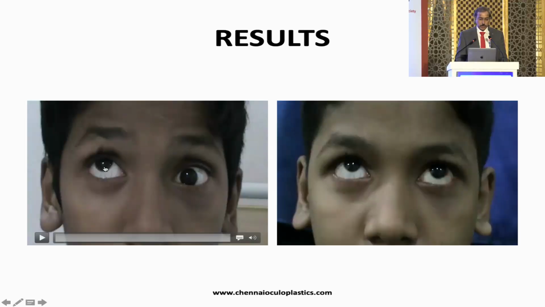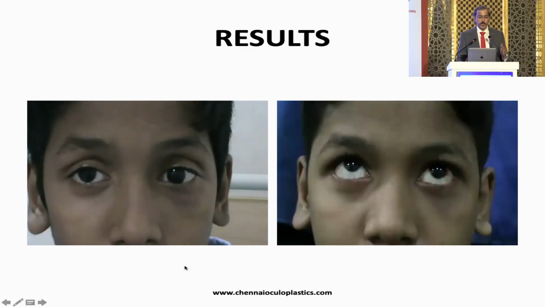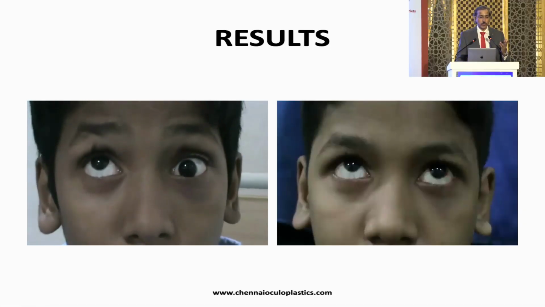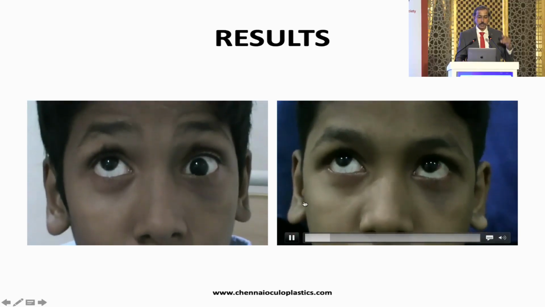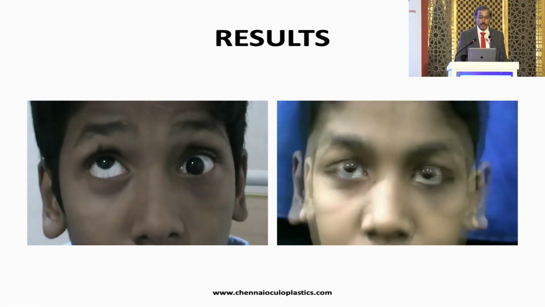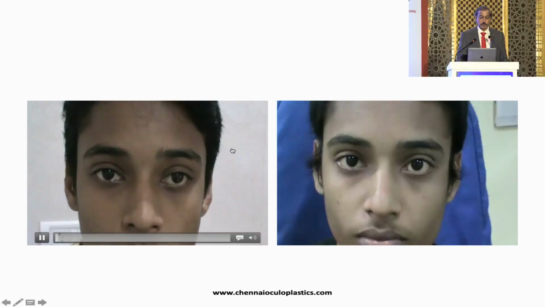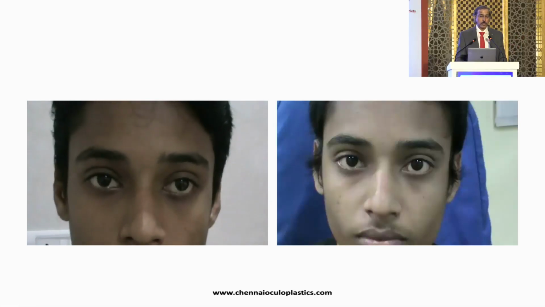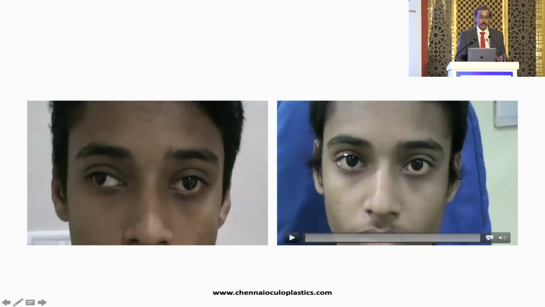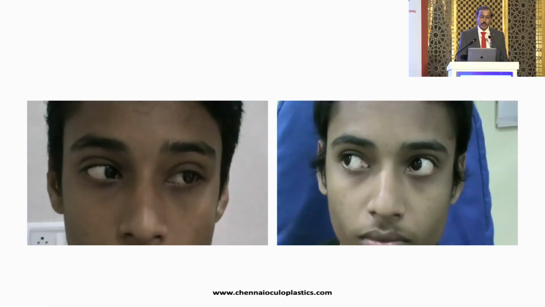And these are some of the videos. So you can see this patient has got a white-eyed blowout fracture of the left eye. You can see when he looks up, there's no elevation at all. And this is following surgery. You can see there's a complete restoration of the extraocular motility through a transconjunctival approach. And again, one more video where you can see this patient has got an entrapped medial rectus. So you can see on horizontal adduction, there is a significant restriction. And via a transcaruncular approach, you can see again the patient has done quite well with a full and free